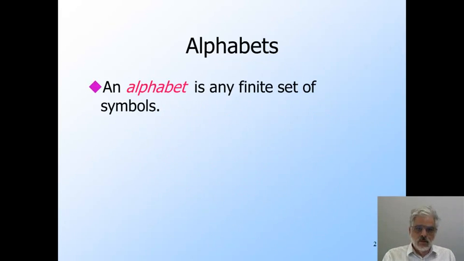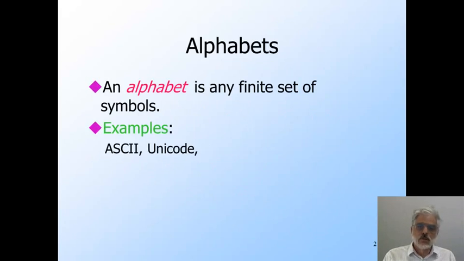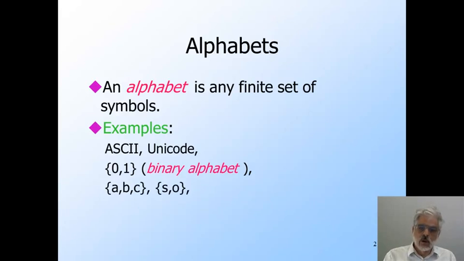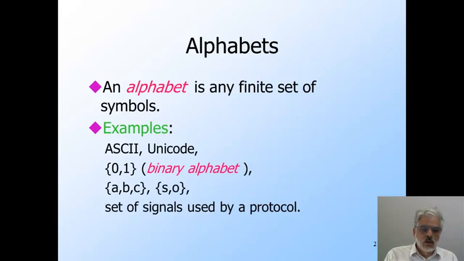An alphabet is simply a finite set of symbols. There are many examples. Two standard alphabets we see frequently are the ASCII and Unicode alphabets. An alphabet we'll use frequently is the binary alphabet, consisting of only the symbols 0 and 1. We'll also sometimes use alphabets of letters like ABC, and in the tennis example we use the alphabet of outcomes consisting of the letters S and O. Each protocol has a set of signals, and the set of all signals used by a protocol is also an